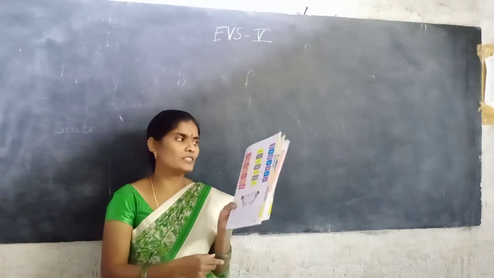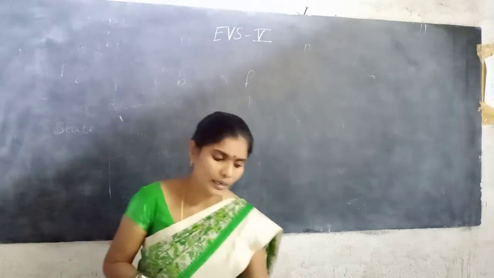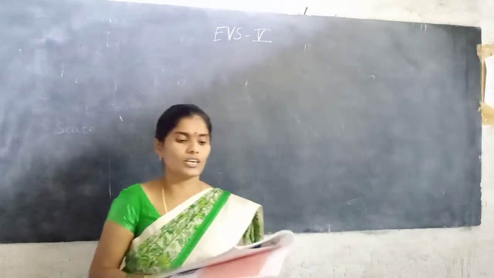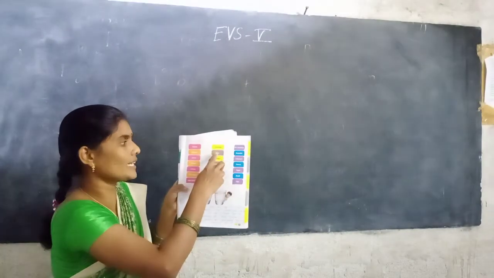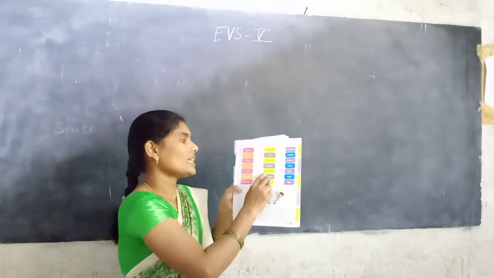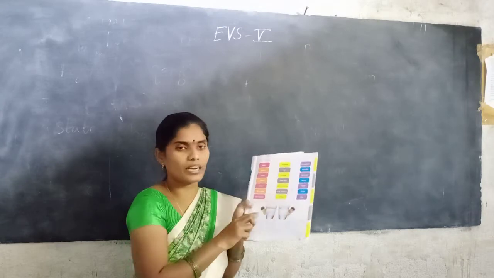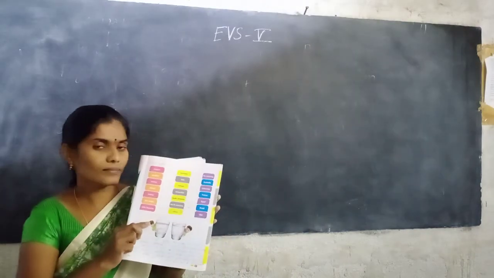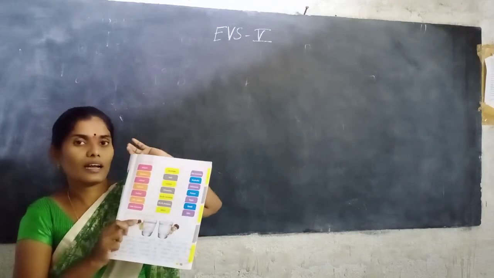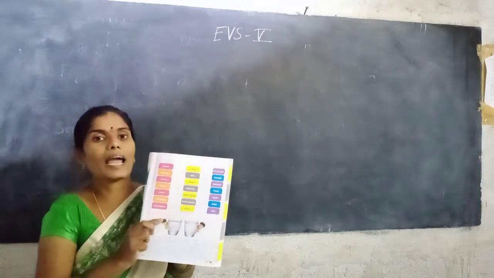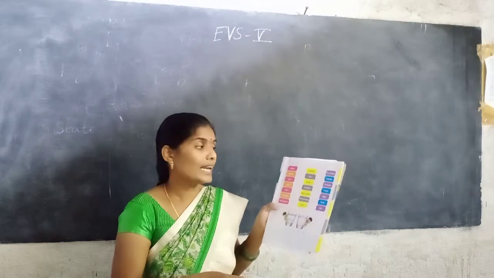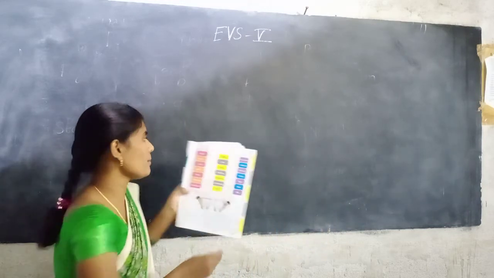Next, come to the next page. Match the following. Here are Australia, Asia, Europe, Antarctica, South America, North America, Africa. Seven continents are given, okay. Now we have to match them with their highlights. What is the largest continent? The largest continent is Asia. Match to Asia.